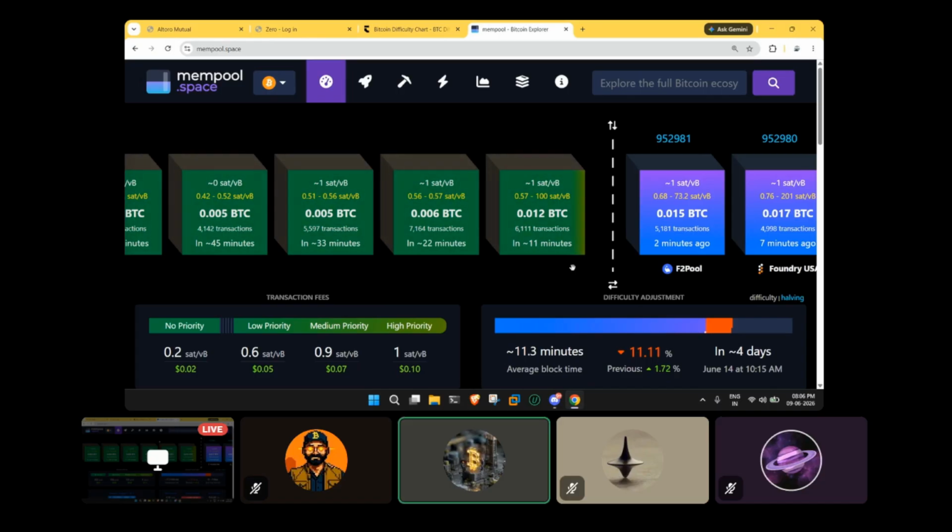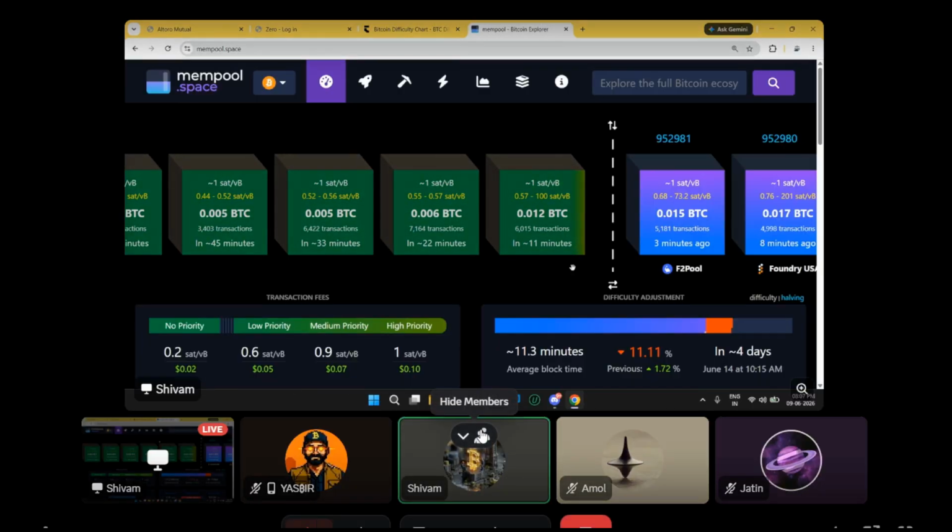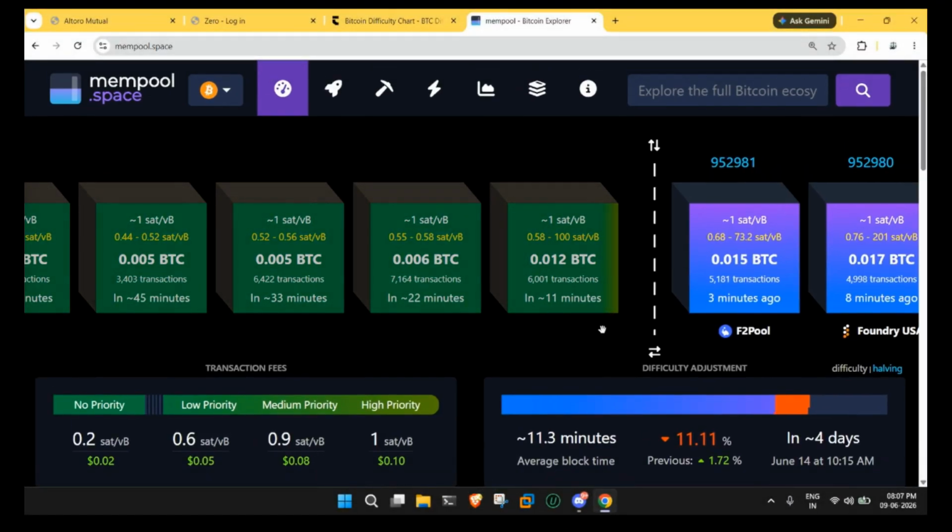Today, we will quickly look at what is happening in Bitcoin mining, and then we will move back and discuss how Wireshark can be used to see what things we are doing internally. So if anyone can get access to your network, or if you're using any kind of browser extension or anything, they can access all your information just by sniffing the packets. But before starting this, maybe first we will see